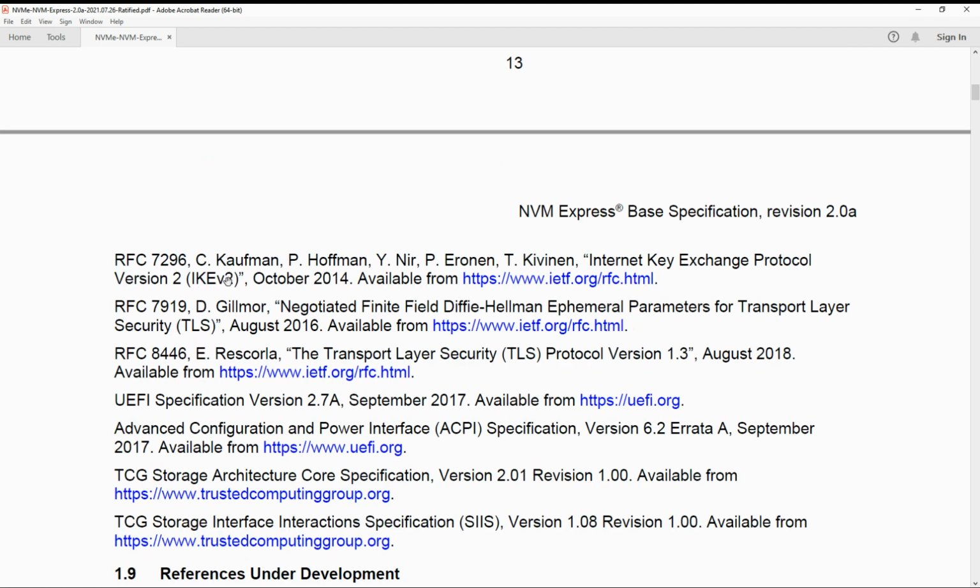and RFC 7296 Internet Key Exchange Protocol version 2, IKEv2. RFC 7919 negotiated finite field Diffie-Hellman ephemeral parameters for Transport Layer Security TLS, and 8446 the Transport Layer Security TLS protocol version 1.3,